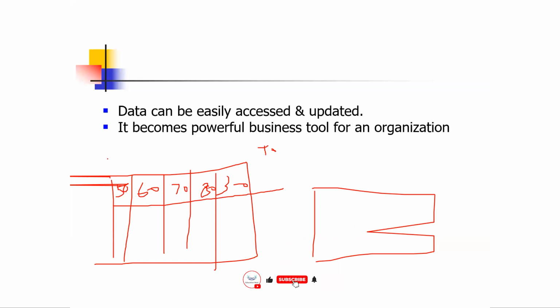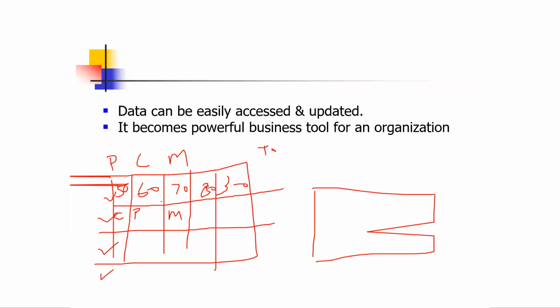But I want to check the highest marks in physics only. But for one student, I have entered physics marks here, chemistry marks here, maths marks here. But for the second student, I have entered chemistry marks here, physics marks here, maths marks here. This is unstructured data. If I want to check who got the highest marks in physics, but in one row there are physics marks, and in the second row chemistry marks, third row again physics marks, fourth row again chemistry marks, then it will be very